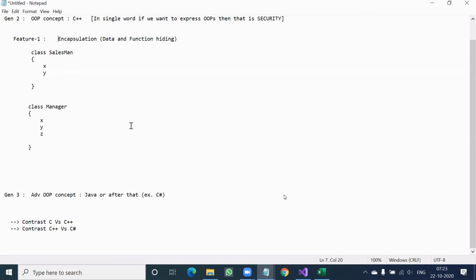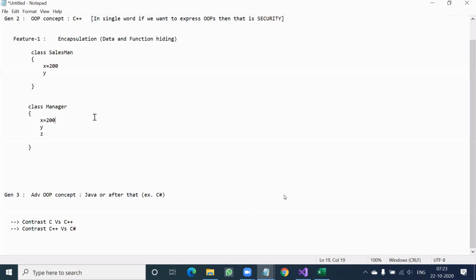Obviously it is human nature that if something is discovered, human beings will find a loophole in it. Then they found a loophole: x and y are present here, and x and y are present there also. Imagine yesterday the x value was 100 and today I want to make that x value 200. Then I come here and make it 200, and here also I come and make it 200. That means double work. Not only that, double memory is also occupied.